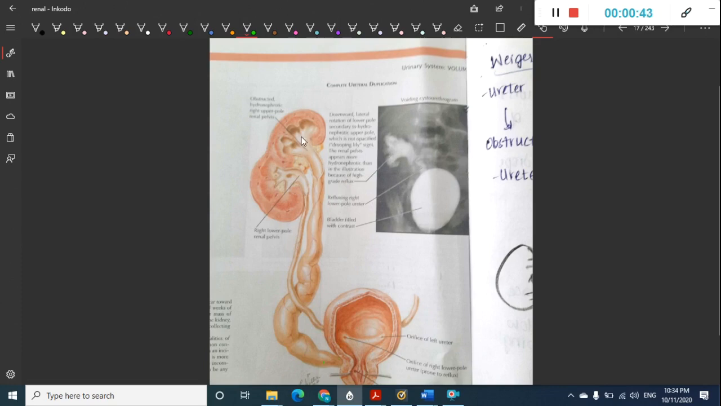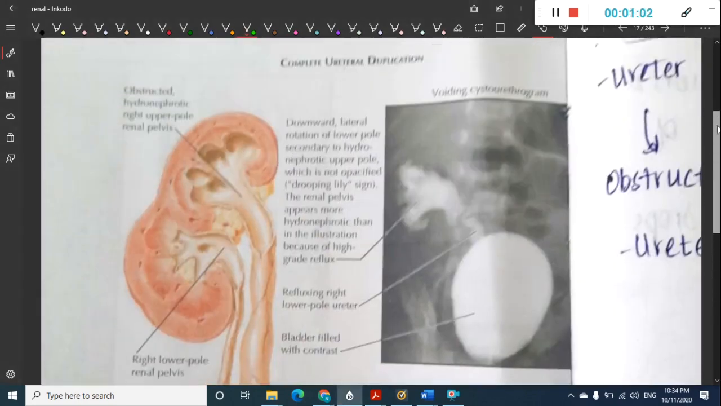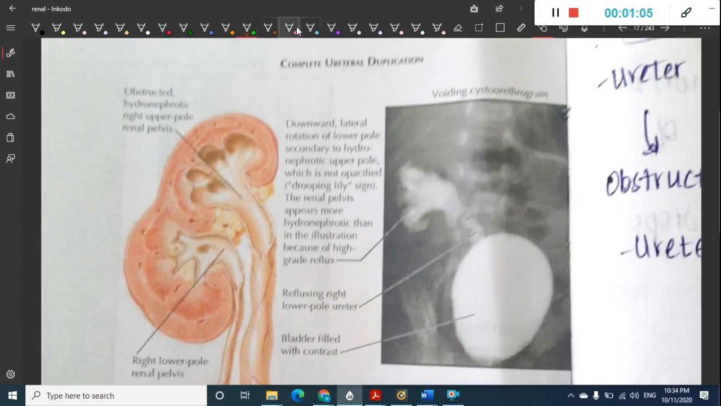That is, the upper pole ureter draining medially and down and below, a little below the lower pole ureter, is called Weigert-Mayer's rule. Okay, now I'll show you the picture. Here if you see, this is a voiding cystourethrogram, where you are actually seeing the ureter which is draining into this urinary bladder, right? So this is the ureter. Okay, the downward and lateral rotation of the lower pole secondary to hydronephrotic upper pole